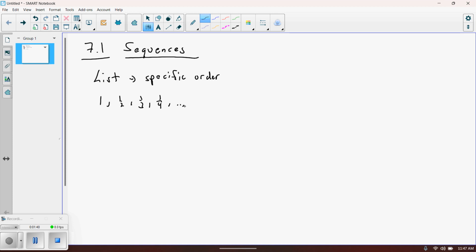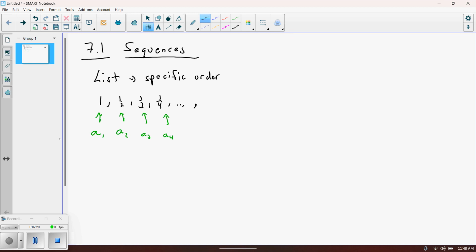So let's go through a couple of the things that we need to know. First of all, this one right here, because it is literally the first term, is considered the first term, but we have a notation for that, and we list all of the terms as being a values, and because this is the first term, it is a sub 1. Likewise, this one here, because it is the second term, would be a sub 2, a sub 3, a sub 4, and eventually you're going to go off to